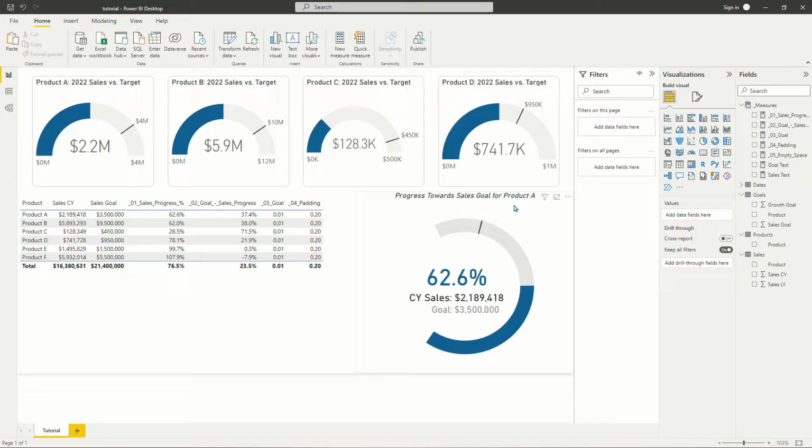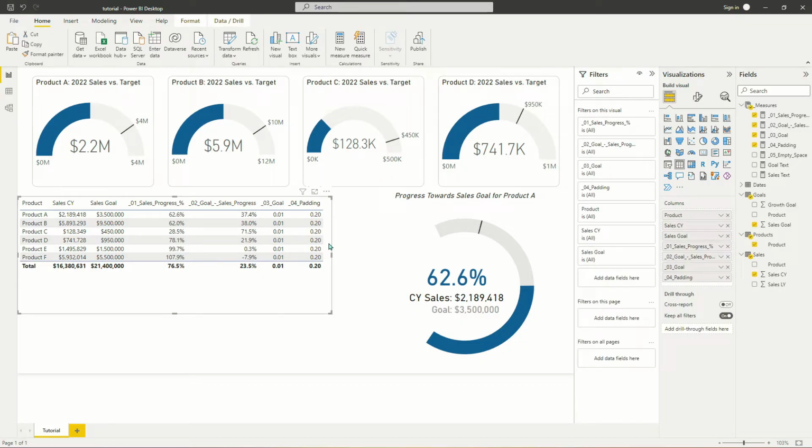And there you go. Now we've got a very, very quick and easy alternative to the gauge that uses the donut chart, but basically creates a gauge that, in my opinion, maybe looks a little bit more visually appealing. It's not quite as vanilla or boring as the standard gauge charts that we've got up here. I'll go ahead and delete this table here,